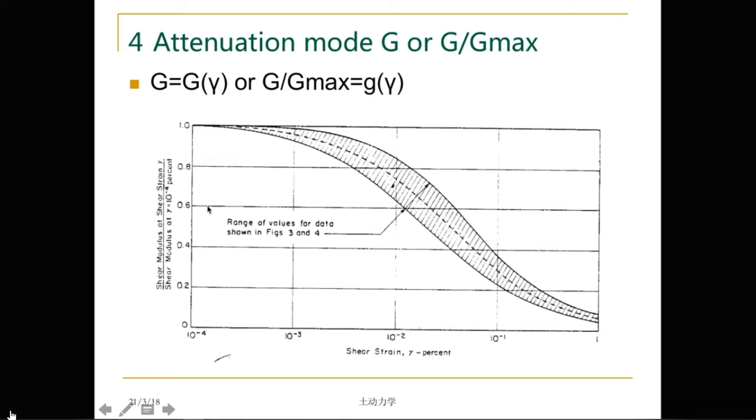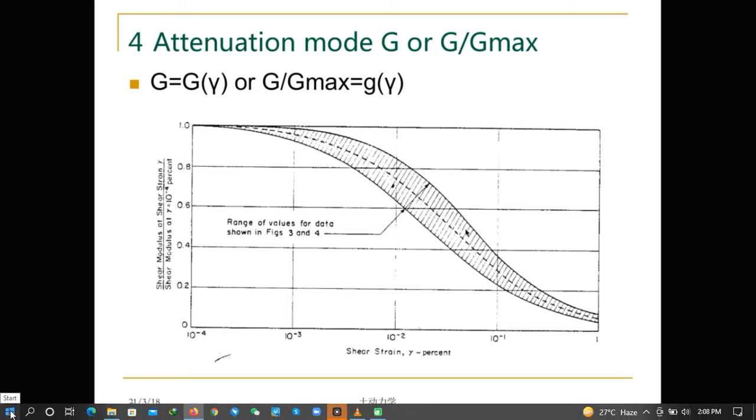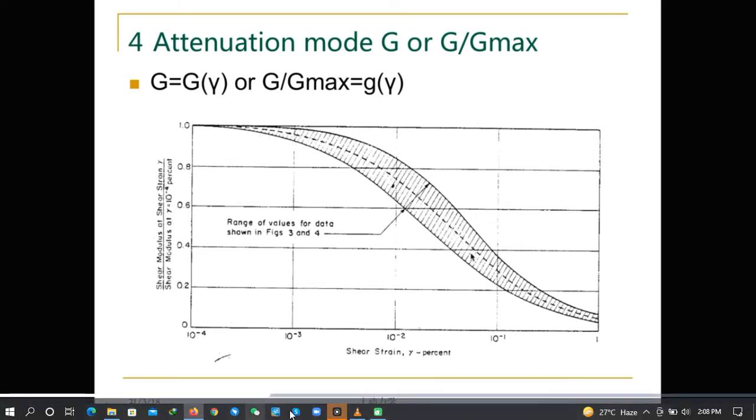Now let's see. Usually we use some laboratory tests. We can find the shear modulus divided by the maximum value, the ratio. We get the ratio and the corresponding shear strain. We mark these points, and we can fit the range curves of the area. Then the center curve can be used to create an